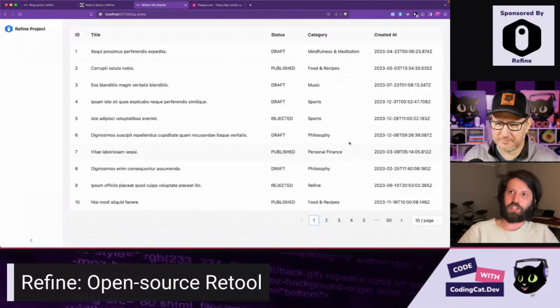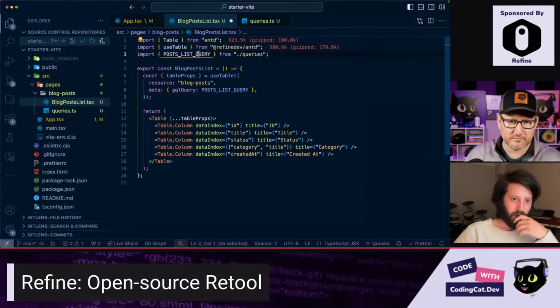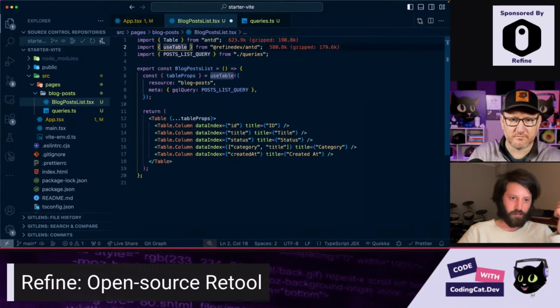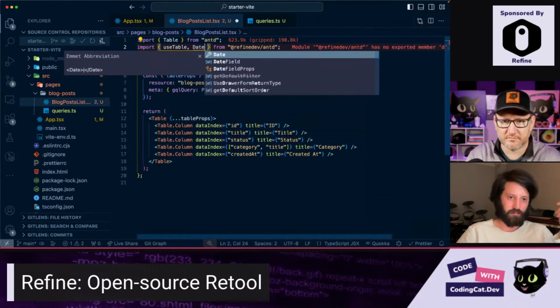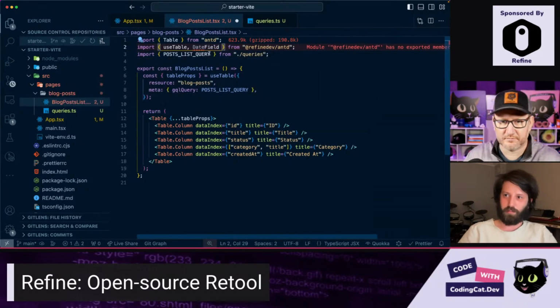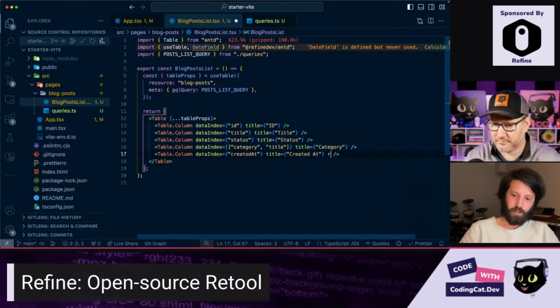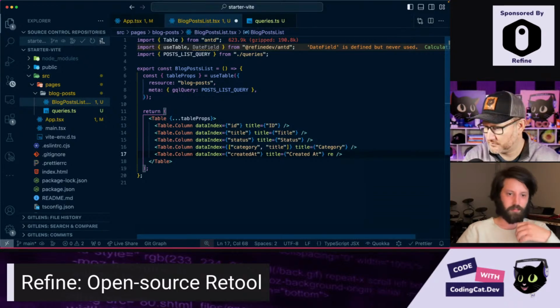For that, you can import the DateField component from the Refine dev package again. Of course, you can do the same thing yourself, but we just add this to make it easier for people. And finally, you can add the render prop to render a custom